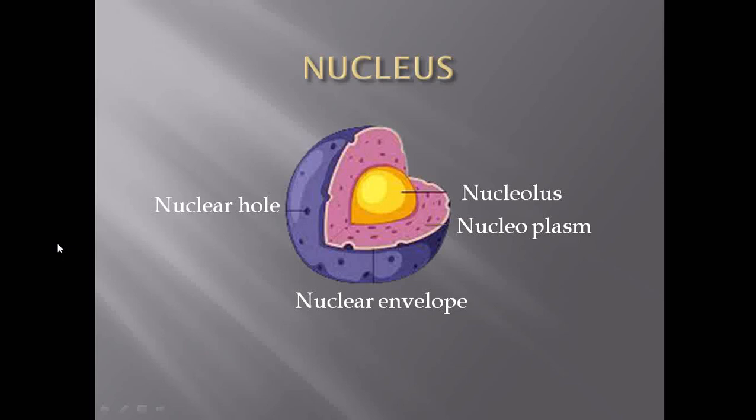Students, here is a new video for you: the cell organelle nucleus. Now this is the diagram of the nucleus. The nucleus has a centrally placed nucleolus. The cytoplasm present in the nucleus is called nucleoplasm, which is shown here in pink color. The yellow colored nucleolus is present at the center, and the nuclear envelope covers the nucleus all around, and there are nuclear pores.